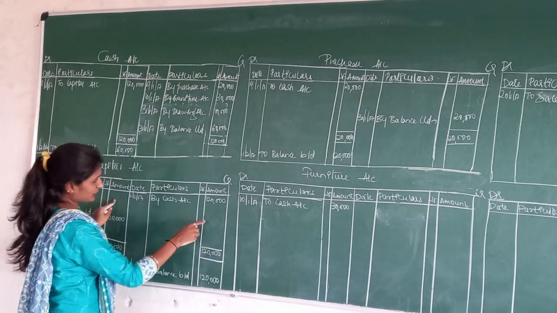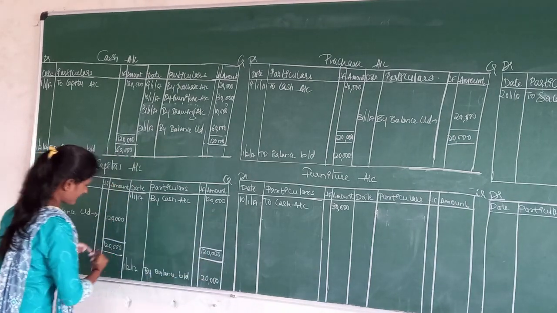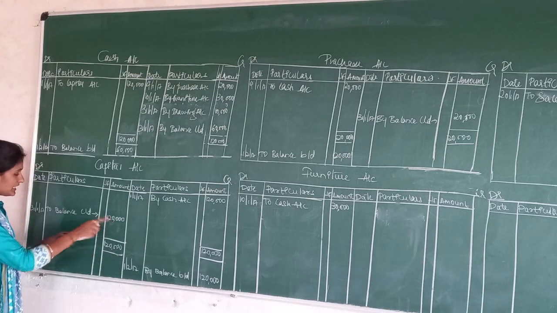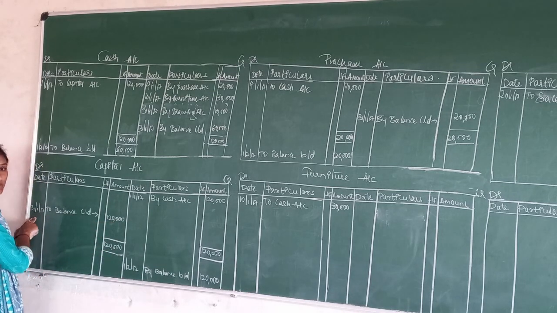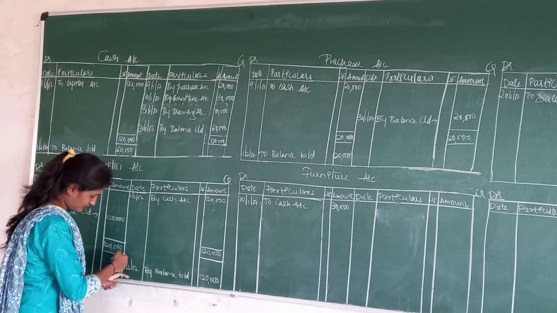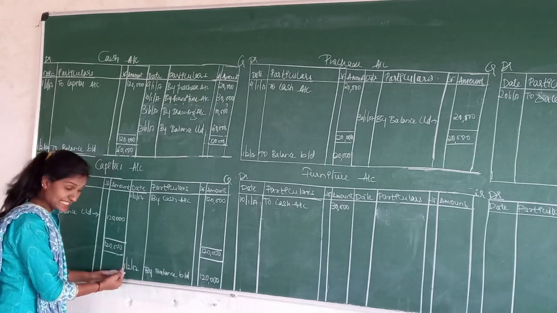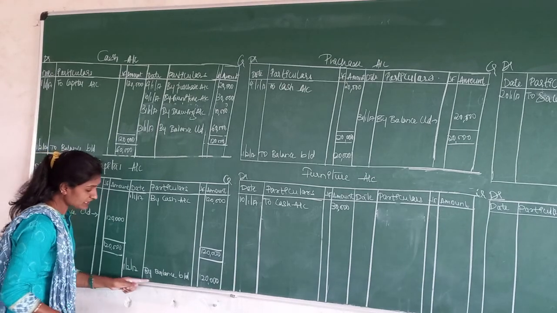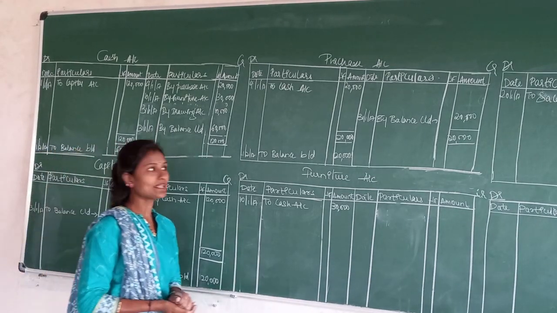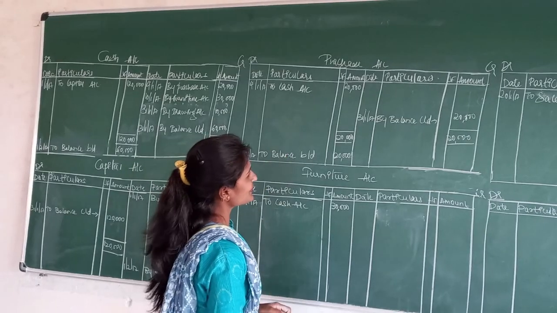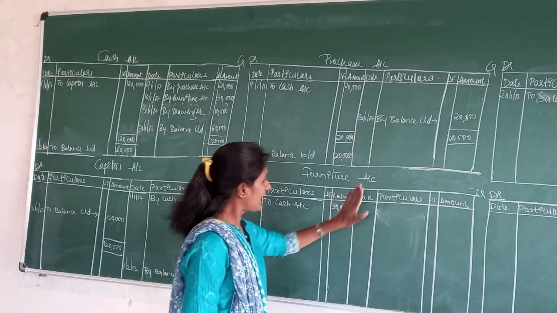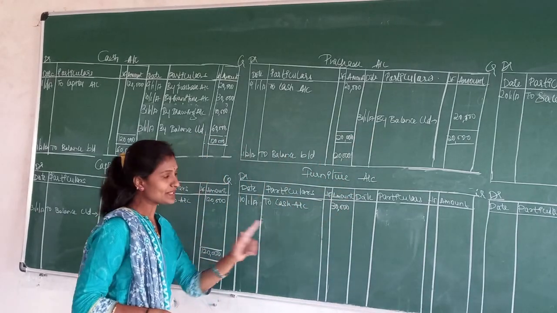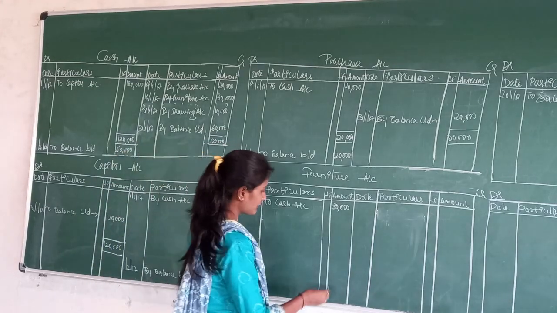So here we don't have anything, 1,20,000, the same I have written, and for that I have balanced here, that is by balance carried down, the date is 31st 1/2017. Below the double line, next month we go for a continuation, that is 1/2/2017, by balance brought down 1,20,000. And purchase account also we have done the same thing, and now we go for the furniture account. Once you can see the closing amount, how it will be.